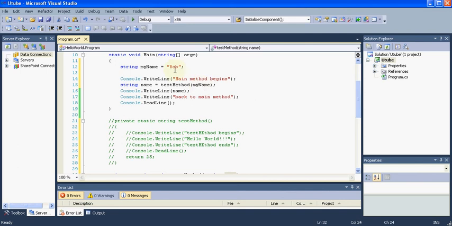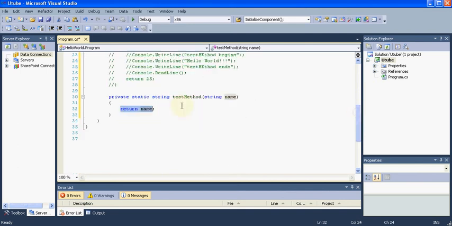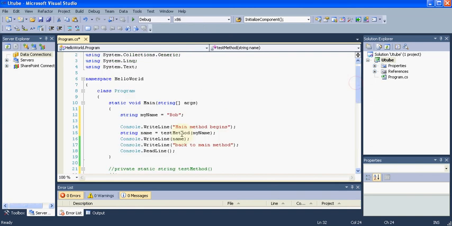That is myName. myName has the value of Bob, and here the Bob I am returning again back like this, and I am storing that in name, and I am displaying that value in the name variable using the WriteLine method, and I am just printing that, nothing else. So if I execute the program,